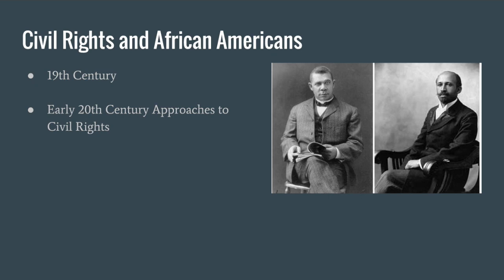The other gentleman pictured here, W.E.B. Du Bois, definitely took the other approach. He was one of the founders of the NAACP, and he believed that change would come through direct political action. And he advocated education and the idea of the talented 10th, which would be sort of the upper echelon of black society. These leaders would come to lead the black population. They would lead a civil rights movement. So he's really kind of the founder of the African American civil rights movement.